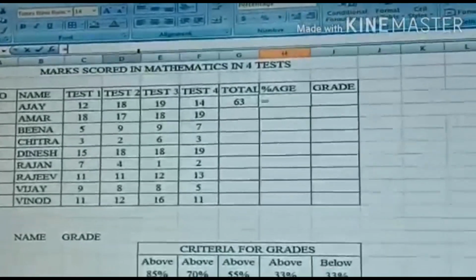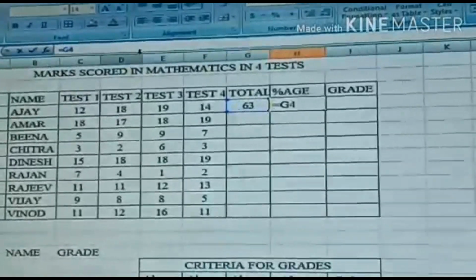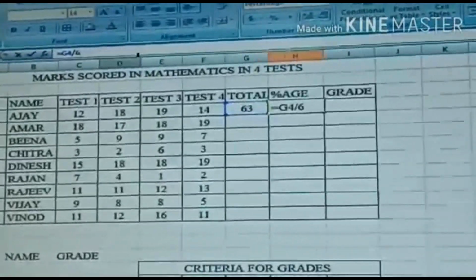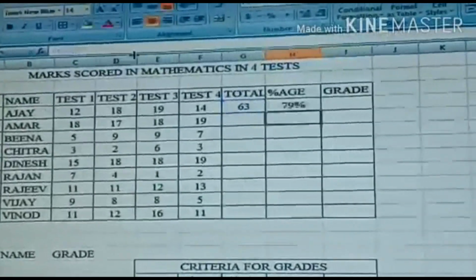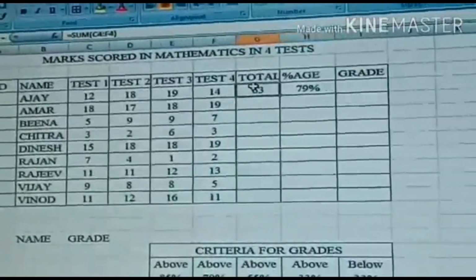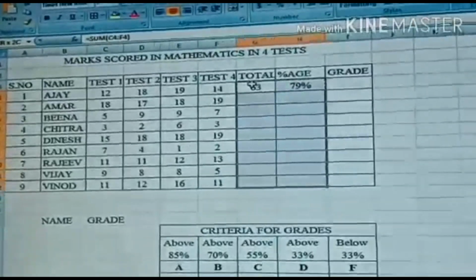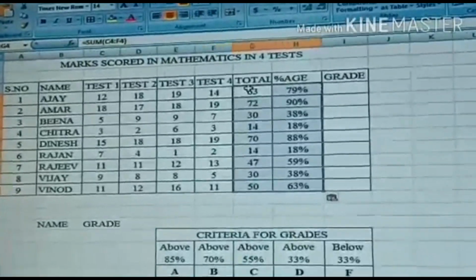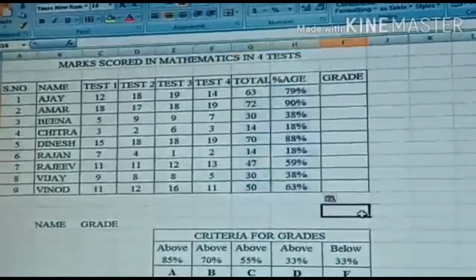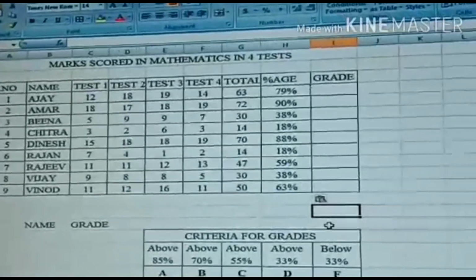So let us find out the values. Now we will copy these two formulas for all the rows. As you see, we got the total and the related percentage for every student.